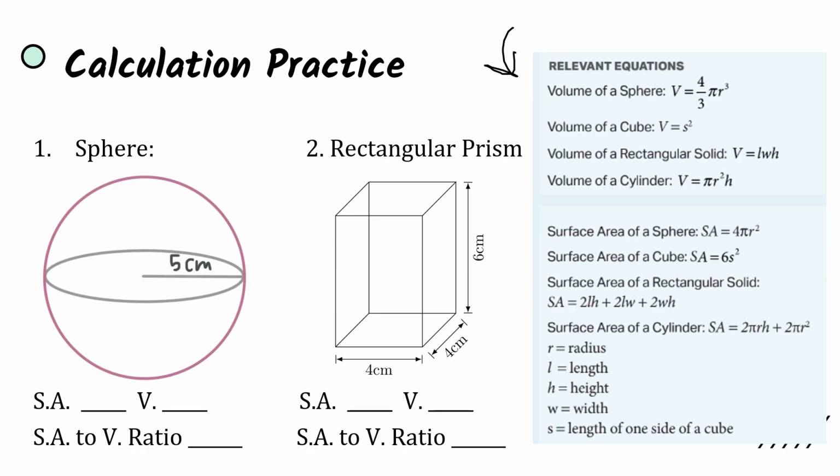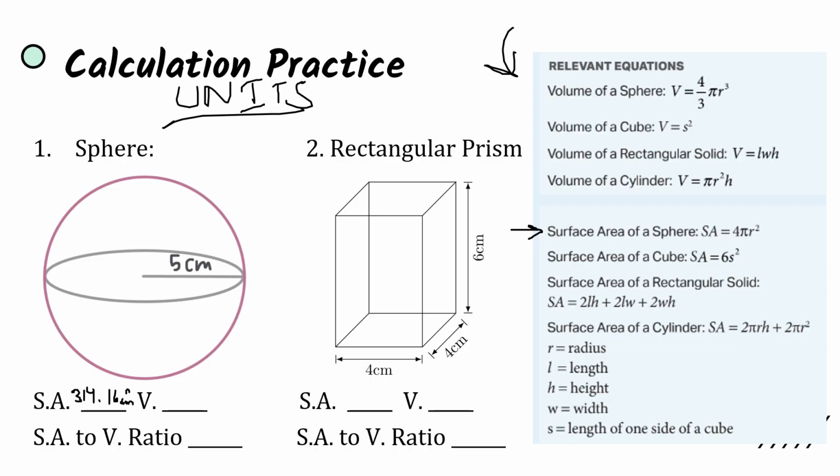And the very important thing to remember as well is to always include units, or else you will not get the point. So first of all, sphere. We see that the radius is 5 centimeters. We look at the surface area of a sphere, which is 4 pi r squared. R squared is 25, 4 times 25 is 100, and it's 100 pi, otherwise known as